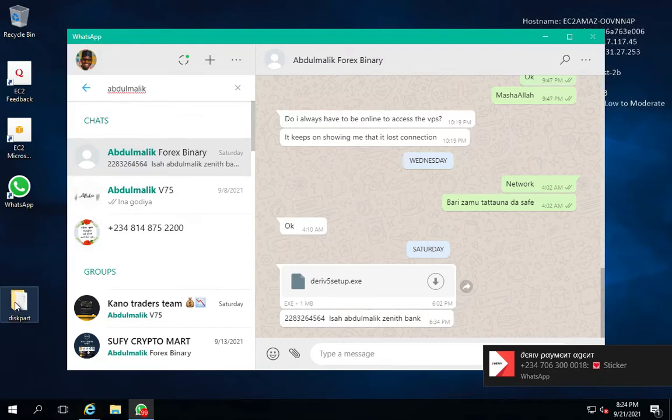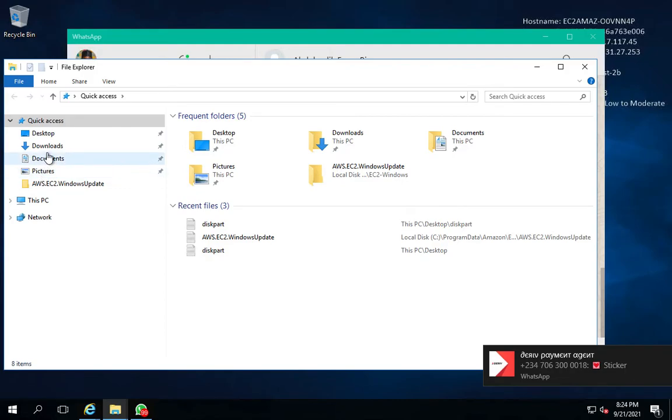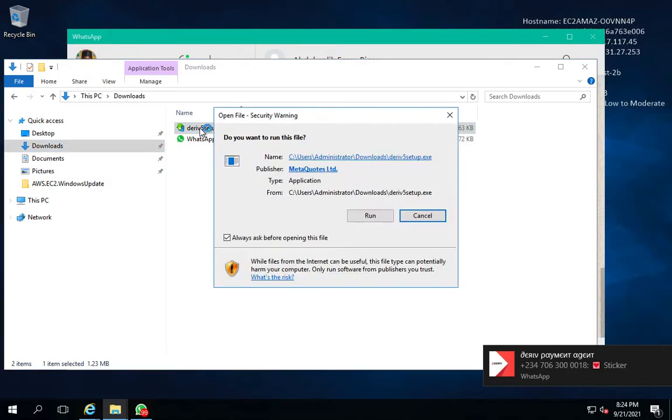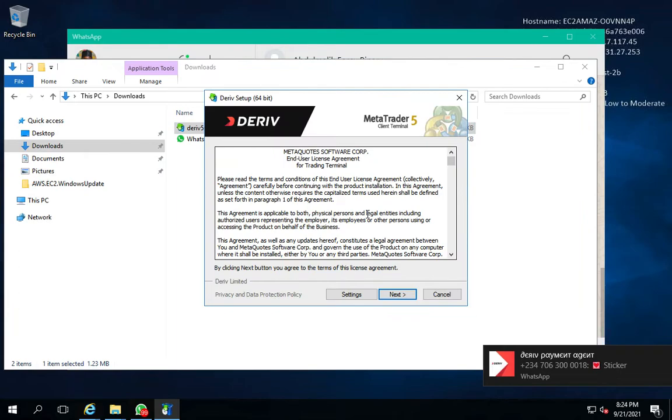I believe if we come to somewhere in my, yeah, look at it here. The WhatsApp is here, the Deriv setup is here. So I'm going to launch my MetaTrader 5, which is very important. Yes, MetaQuotes ID, all this stuff. Okay, now then